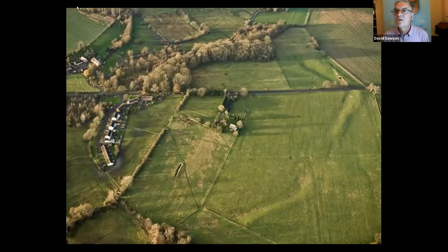So Marden Henge is, of course, the super henge in Wiltshire that most people haven't heard of. They know Stonehenge, Avebury, Durrington Walls. So this is an aerial view from Historic England, showing the henge, and the bank and ditch, so external bank, interior ditch,